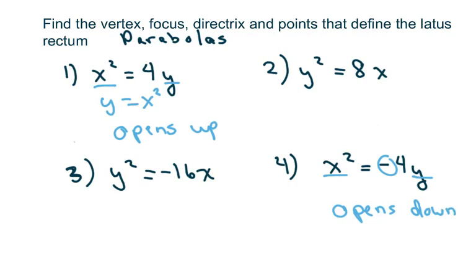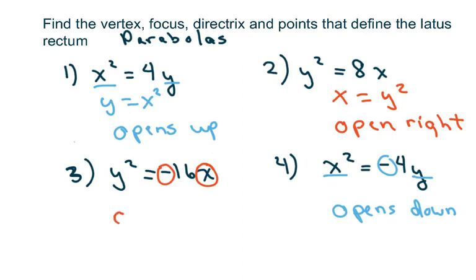Now the ones we are new to are the left and right ones. So this is x equals y squared. Now this is not a function, and since it's positive, this means it's going to open right. And this one again, we have x equals y squared, but that negative means it's going to open left. That's going to help with the focus and the directrix. Okay, so the first one we're going to do is